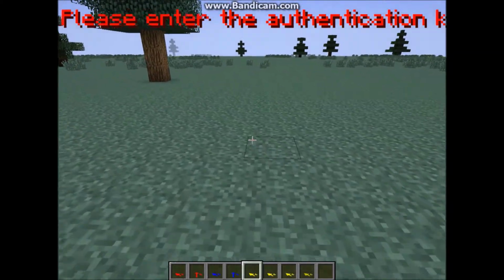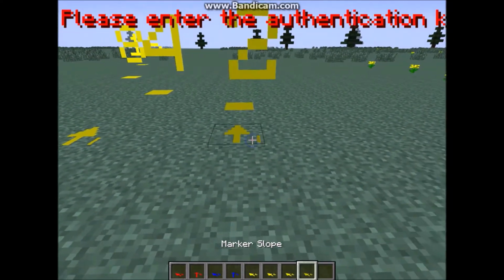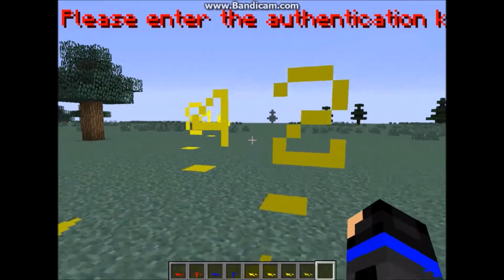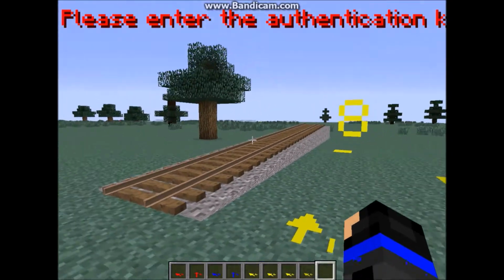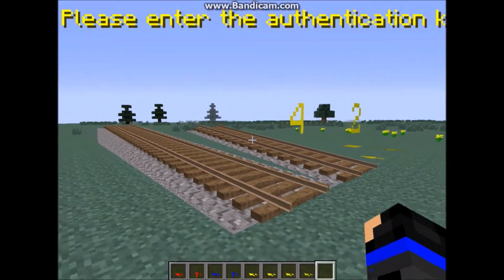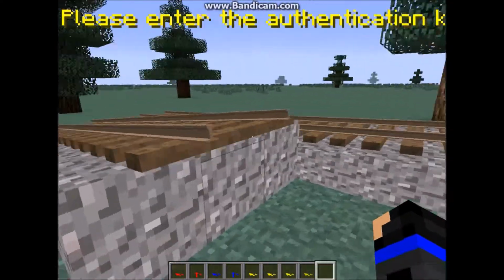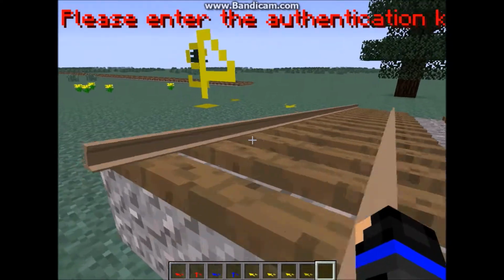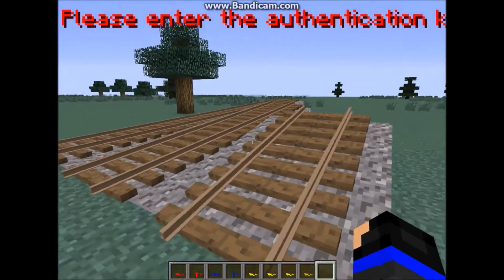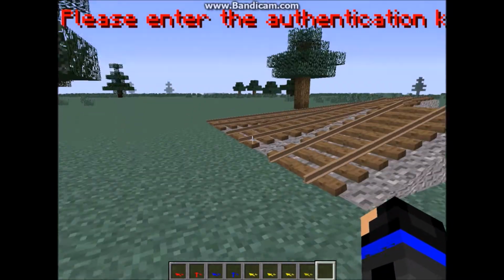And then you have your slope ones. There's a 16 block one, 8 block one, 4, and then a ridiculously gradient one, something, 2 blocks. So here's the 16 one, the 8 one. I would recommend using the 16 and 8 slopes. The 4 slope, I would only recommend using in like a tight space. But if you're in a really tight space,